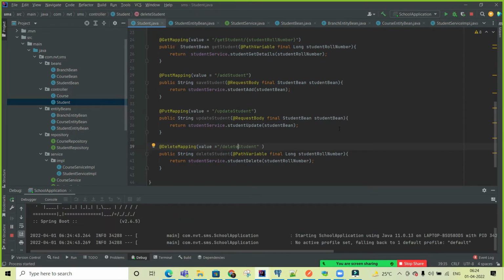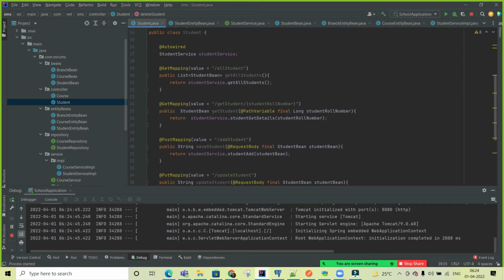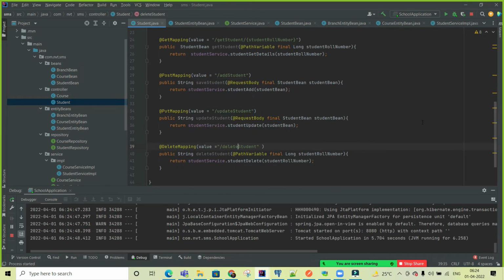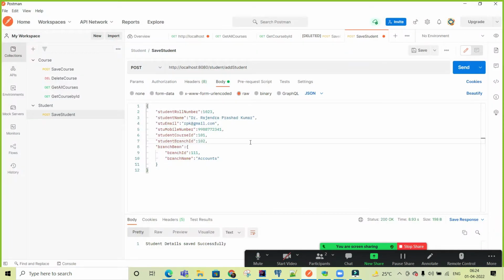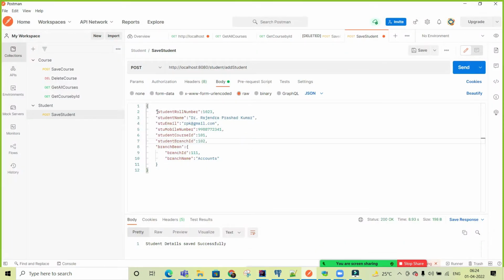Let me check delete, put, post, GET mapping, POST mapping, PUT mapping and DELETE mapping. Now I'm coming to this one. I think now the roll number should not be provided by me; it should be generated automatically. Suppose I'm providing the student name, mobile number, course and these things.